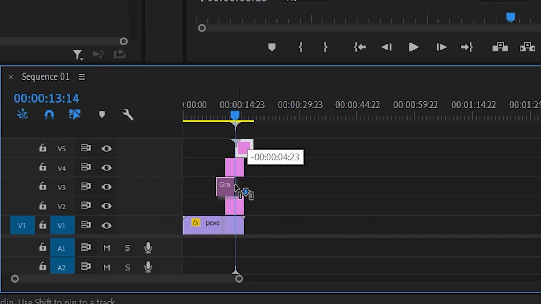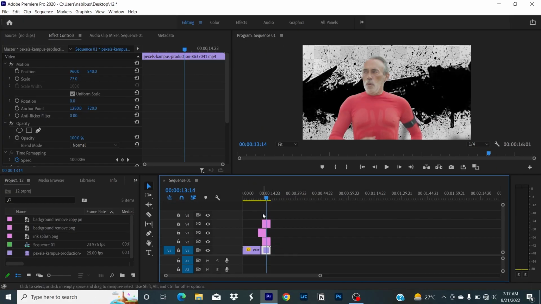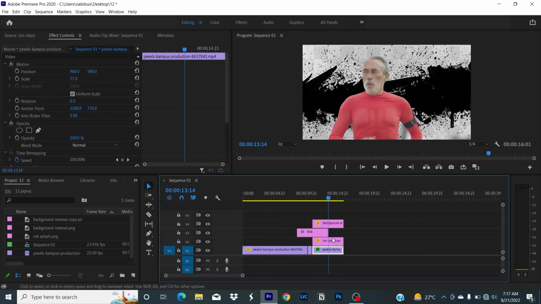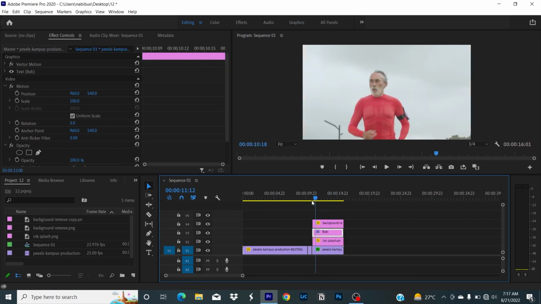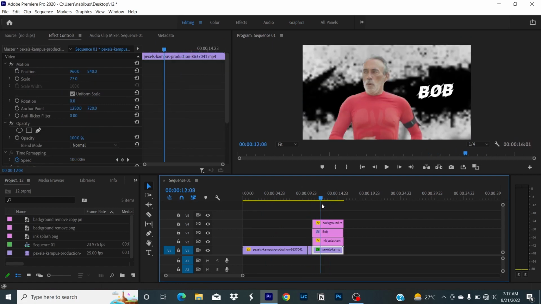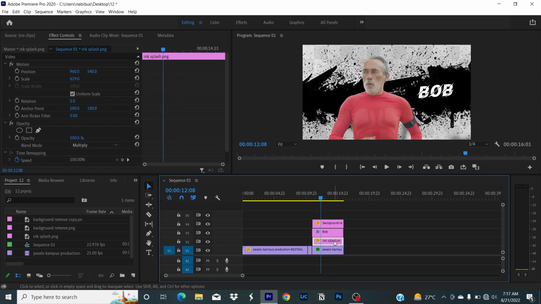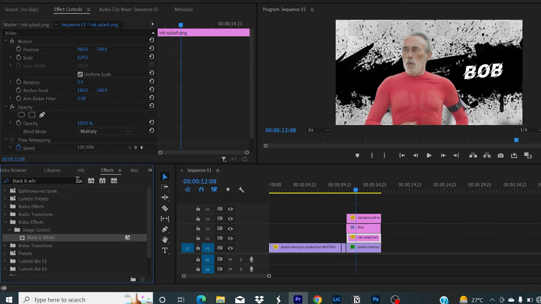That looks pretty good. Let's head over to the editing menu and let's adjust our clips. Let's see what we got. That's pretty good. Now what we have to do is change the color of our ink splashes. Make sure the ink splash layer is selected and head over to the effects panel